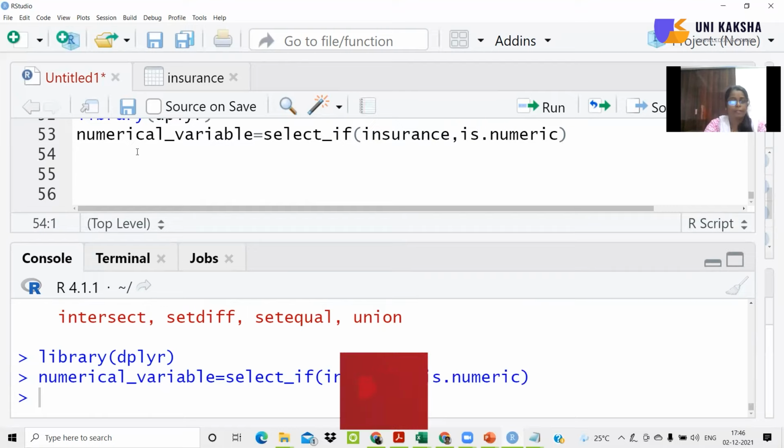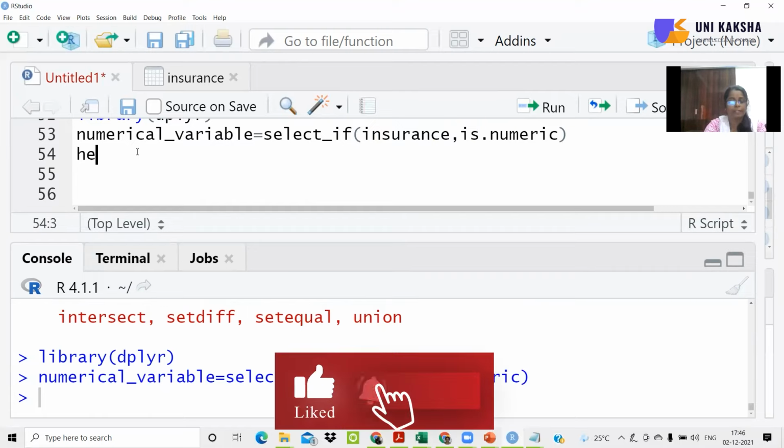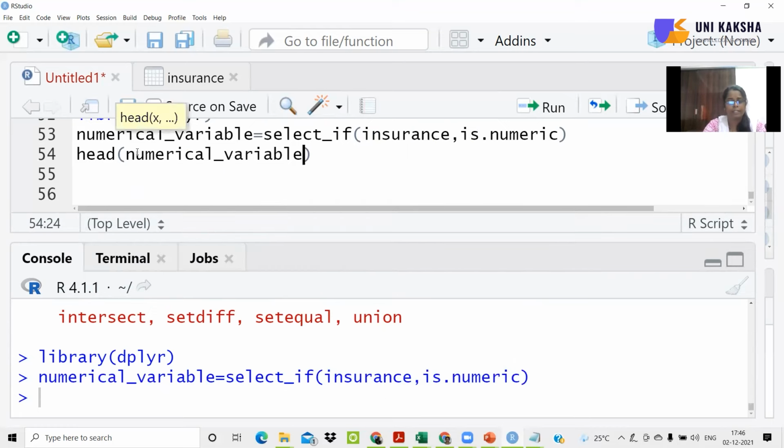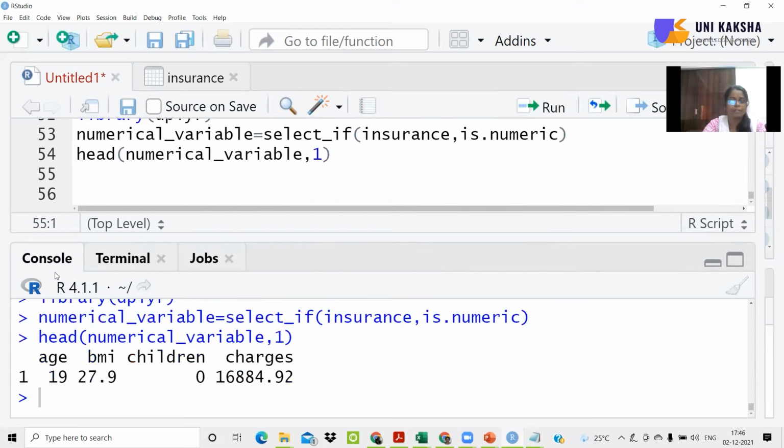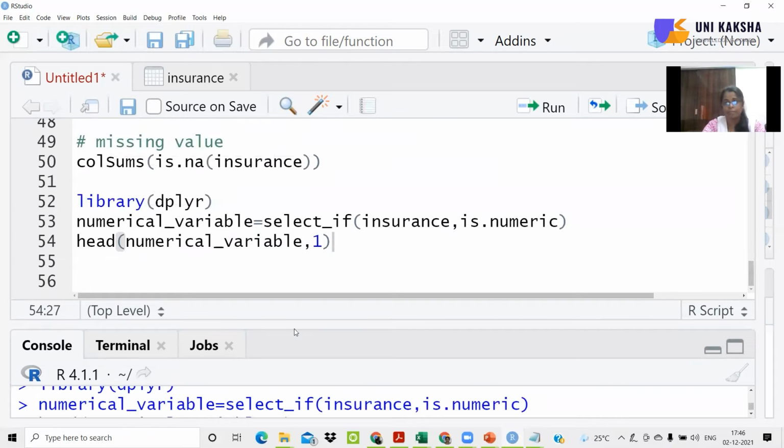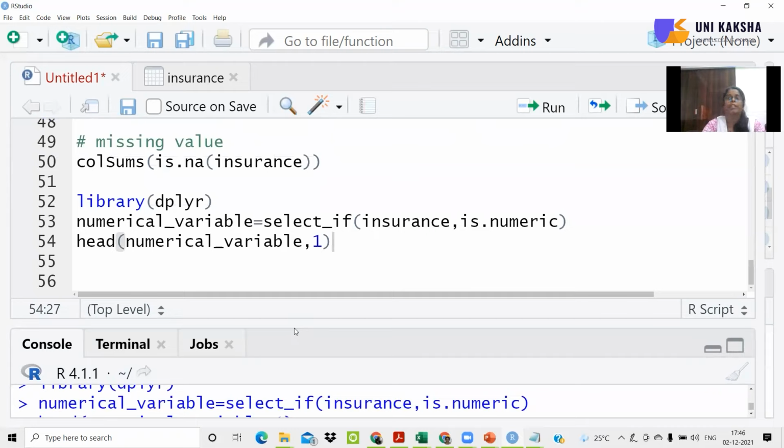So if you are interested to check which are those columns selected over here, you can check head of numerical variable. And I just want to check the first observation. So age, BMI, children, and charges. These are the numerical variables selected by this numerical underscore variable. But we know that out of that, children is going to be the factor type of variable because no one can have continuous children. I mean, the value of children cannot be 17, 16, 18.5 or something like that.